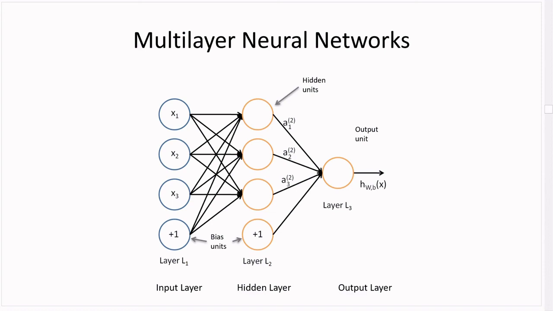So the architecture that we will be discussing here is as shown here. You have what we call the input layer, then you have what we call the hidden layer, and that is the output layer. The neurons in the hidden layer are called hidden units or hidden layer neurons. And in the output unit, you might have one neuron or you might have multiple